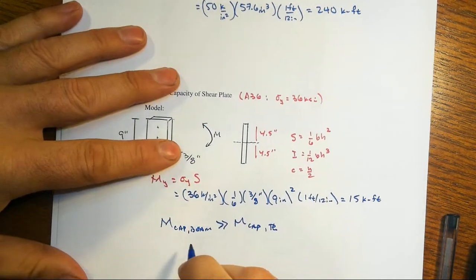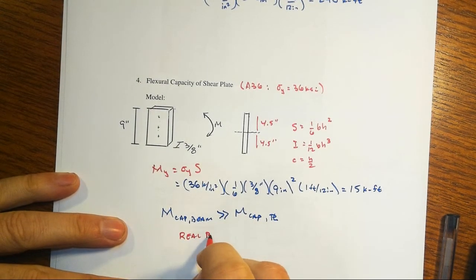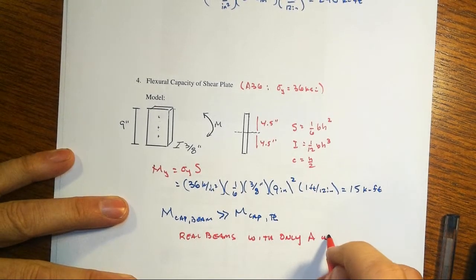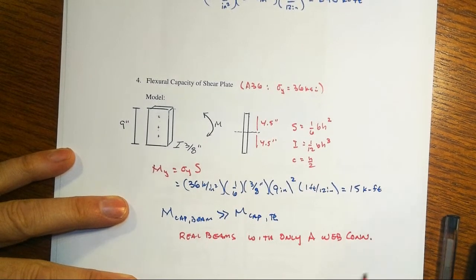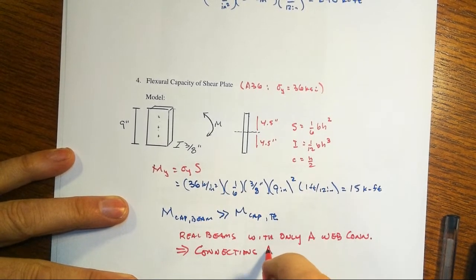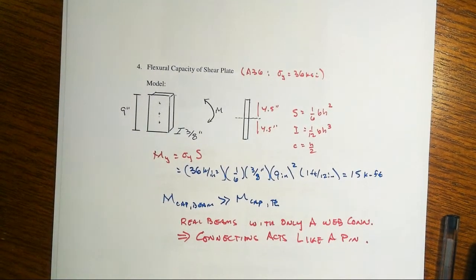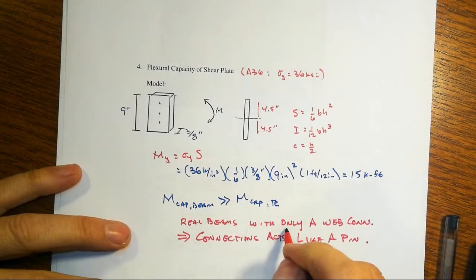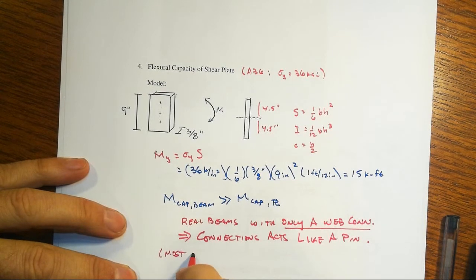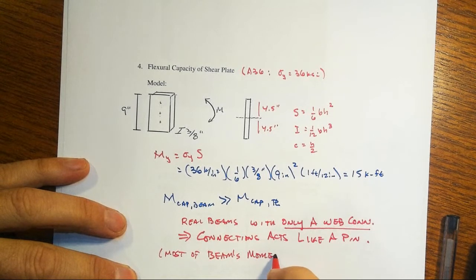What that says is that in real beams with only a web connection, the connection acts like a pin, even if it were fully welded up, at least in the web only here, right? So that's the key, only a web connection, right? Because most of the beam's moment